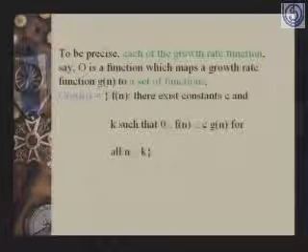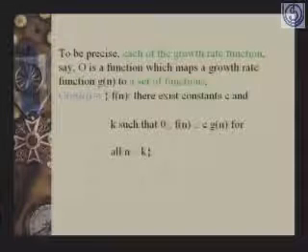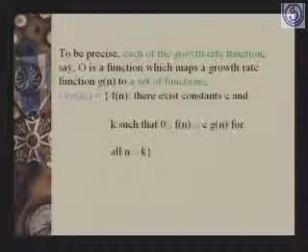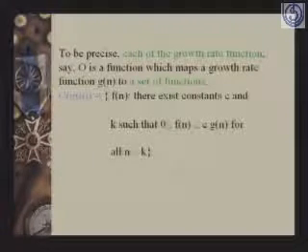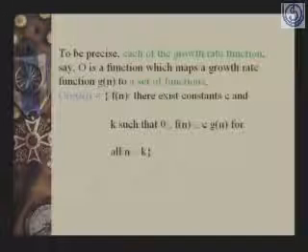Order g(n), big O of g(n), is the set of all those functions for which there exists a c, such that c of g(n) is less than or equal to f(n) is less than or equal to, or this complex inequality